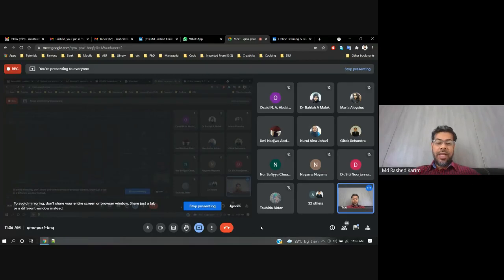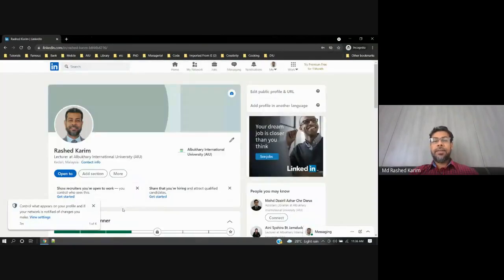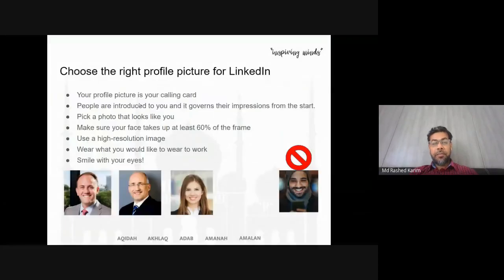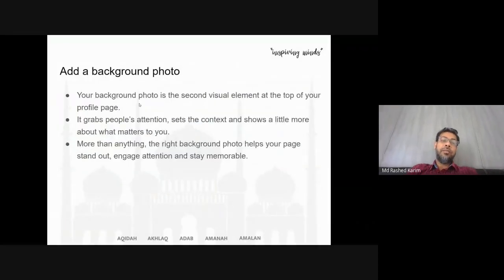Then I'm going to the next point, which is the cover photo. So what is basically a cover photo? The cover photo, the background photo, is a second visual element at the top of your profile page.